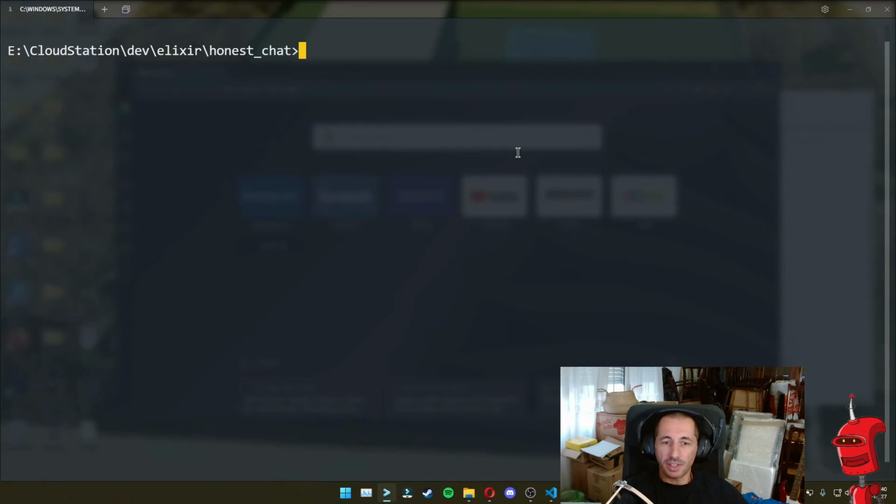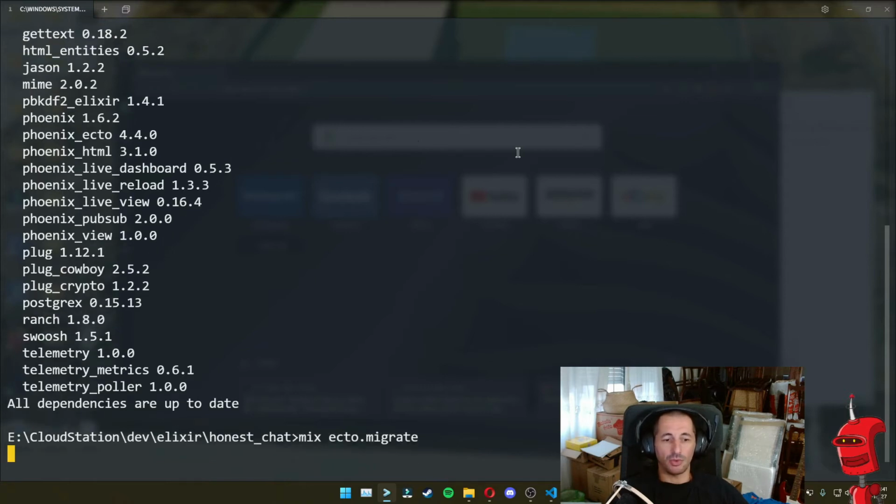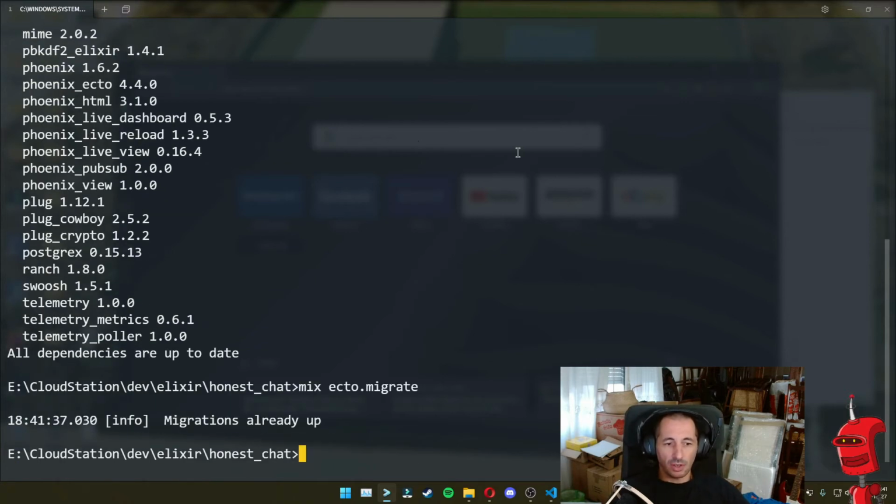So now that our authentication has been generated for us, we need to do a couple of steps just to make sure everything is working. So first one is to get all our dependencies again. This is just to make sure that the generator didn't introduce any new libraries into our system. And now we are going to run mix ecto.migrate, because the authentication generator created some migrations which instruct our database which tables it needs to have, with which columns, to support the users, and we need to migrate our database to run that. So mix ecto.migrate should migrate anything that is required,